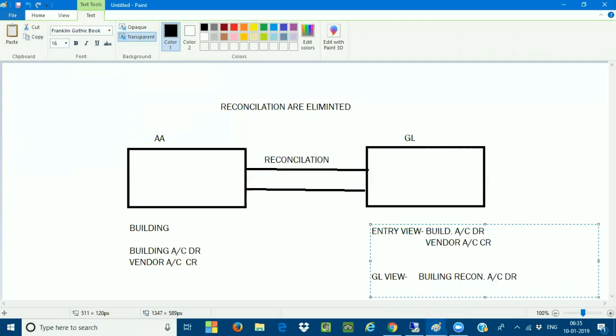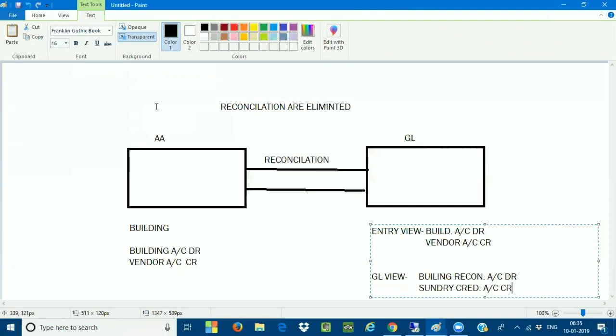When you see the vendor, you can call it sundry creditors. The sundry creditors account will become the credit. So this is the GL view. Because of the reconciliation, I am able to see the accounting entries reflected in my general ledger.